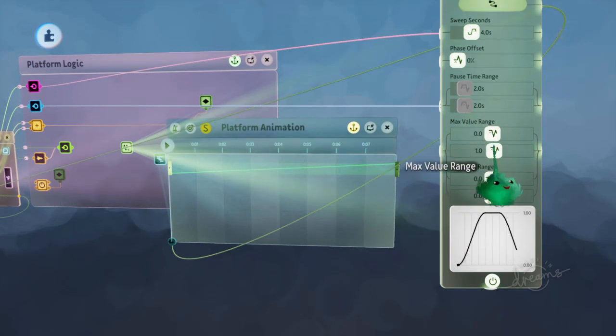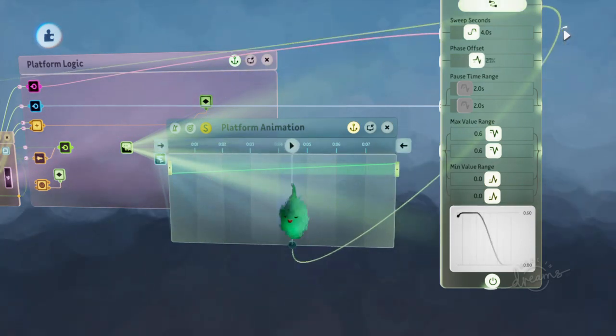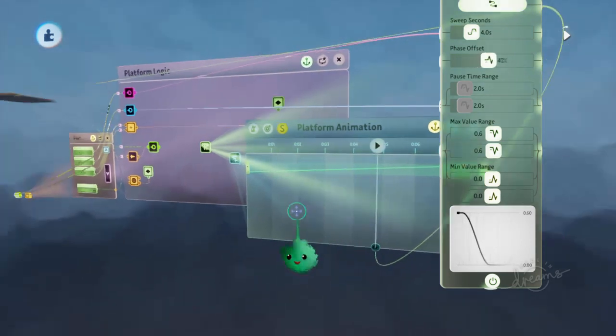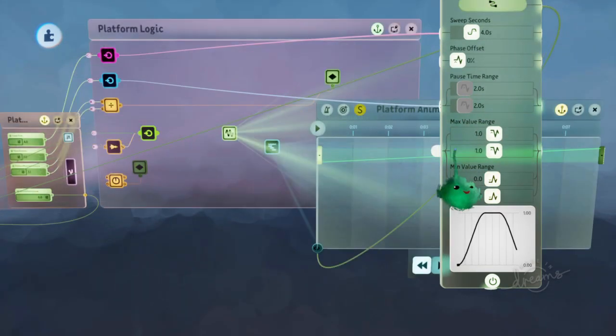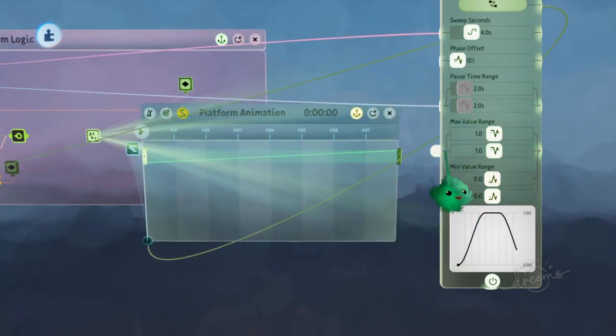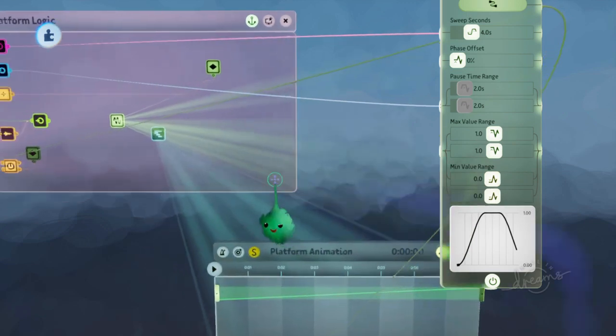So if we set that to be like 0.6, then it'll play until it gets to 0.6 of the way through this timeline, which is how it worked before, basically, but in a different way. But to set this, you can actually see there are lines going from this one input node to all four of these settings. So we actually have to use a combiner